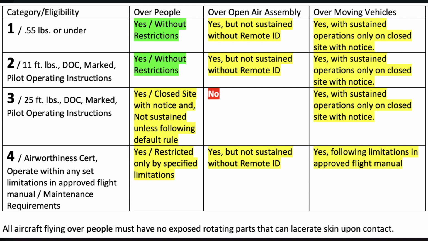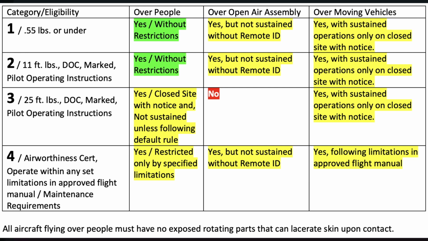So then they have category 2, and it says 11 foot-pounds here. Now that's 11 foot-pounds of kinetic transfer energy. And so what they're talking about here is that if your aircraft will not cause 11 foot-pounds of kinetic energy transfer or greater, and the damage that would be caused by 11 foot-pounds or greater is not going to happen, then you would meet the requirements of the category 2